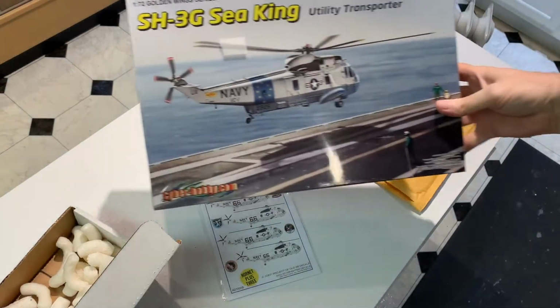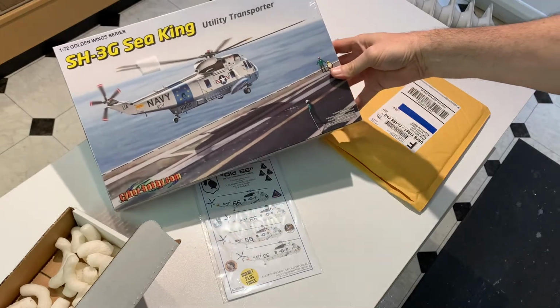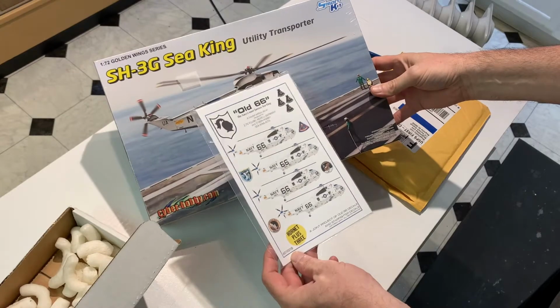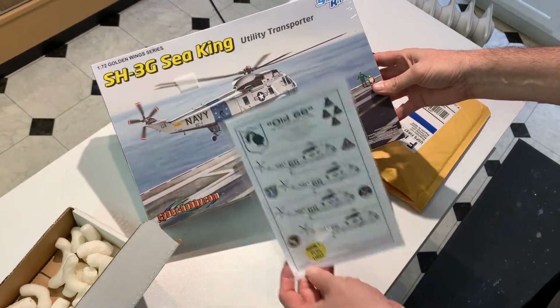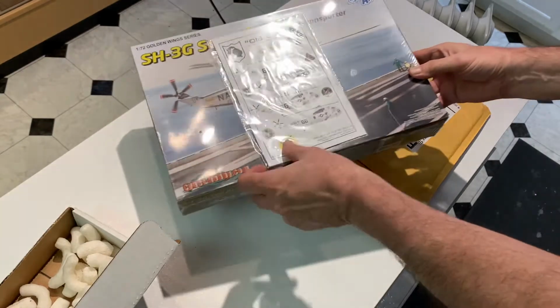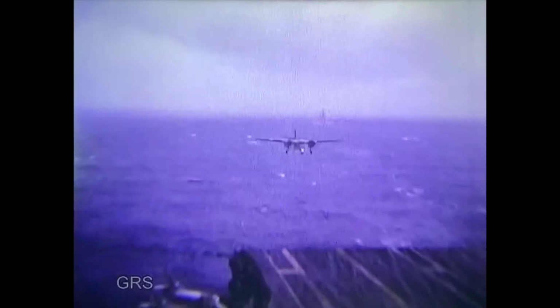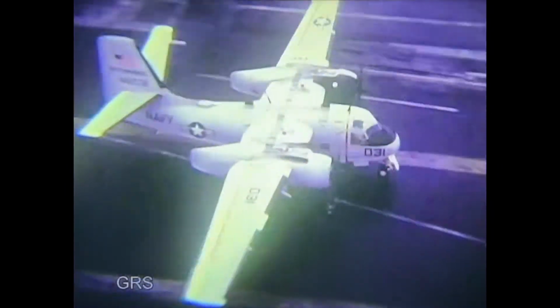so a while back I got this kit at the Butch O'Hare contest and show. And I've always wanted to make the Hornet 66 that picked up the astronauts. So I'm going to put this with this, and when I get to that kit, that'll be the decals I use for that. So speaking of accuracy or historical accuracy, when talking about Rick's channel,